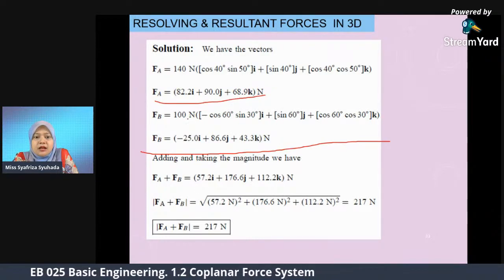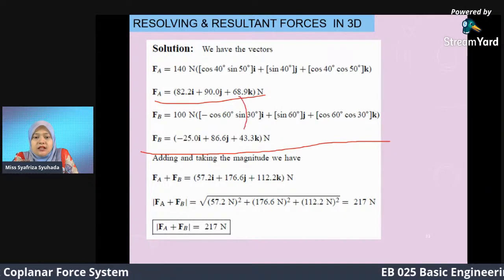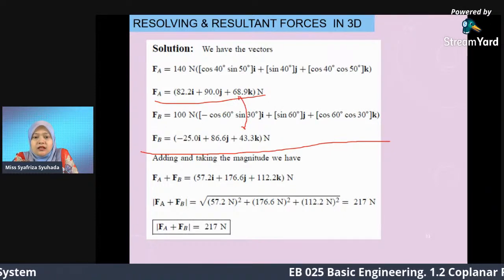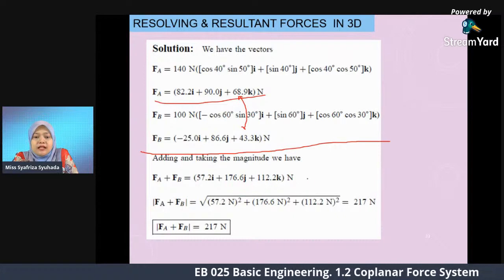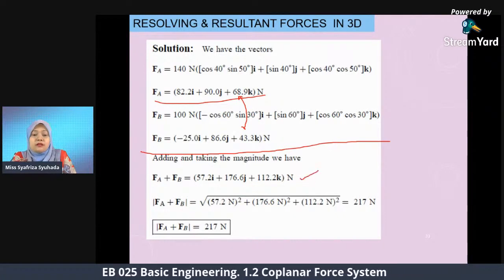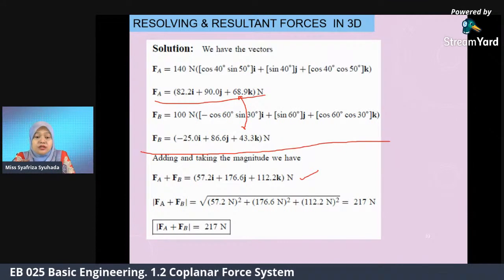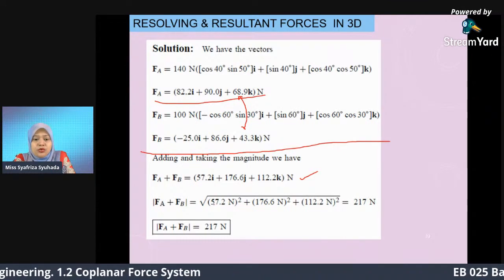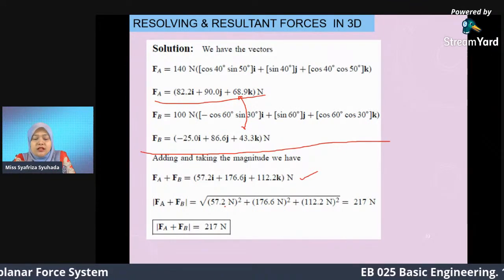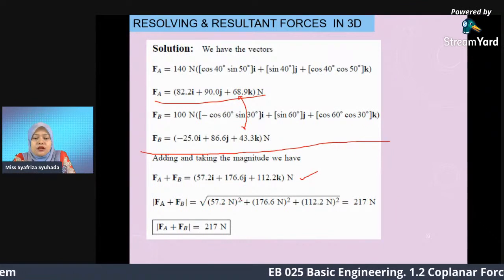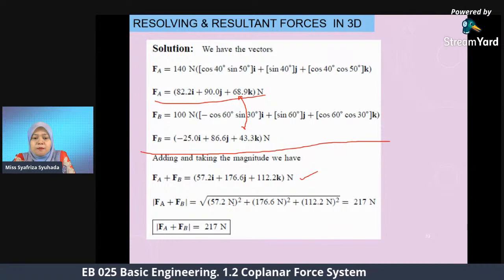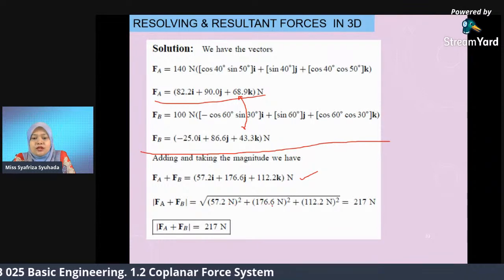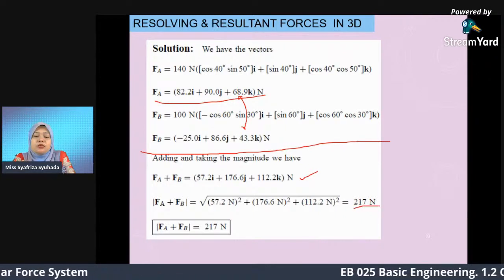Next kita tambah I tambah I, J tambah J, K tambah K. Kalau tolak kita tolak lah, kalau tambah kita tambah. So kita akan dapat dalam bentuk resultant force. Ini dipanggil resultant force. Untuk tahu dia punya magnitude, kita square rootkan dia. 57.2, 50.2 kuasa 2 tambah dengan 176.2 kuasa 2, dan square rootkan keseluruhannya,